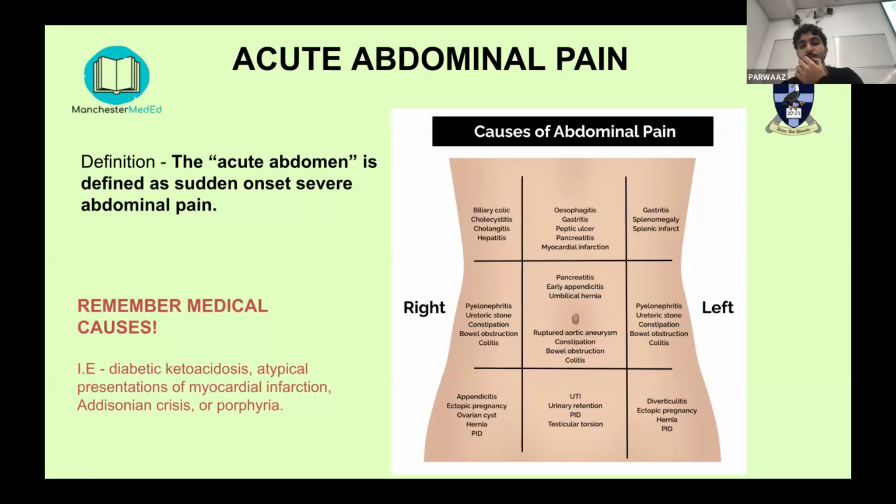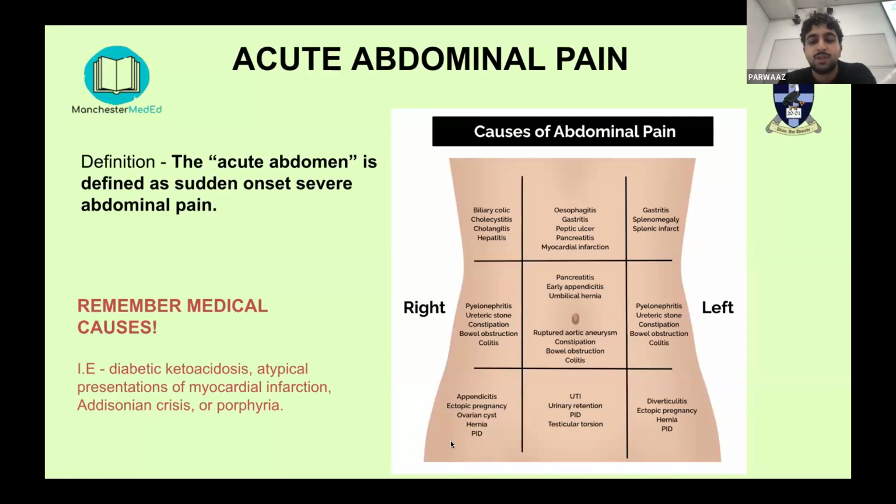Moving down, the most important thing to remember is ovarian or gynecological pathology. You'll get a lot of questions on the right iliac fossa and ascertaining whether that's GI pathology or gynecological. As a good rule of thumb, in young fertile females, for example, it's always good to do a pregnancy test with any lower abdominal pain. Even if you think it's appendicitis or a UTI or diverticulitis, always do a pregnancy test